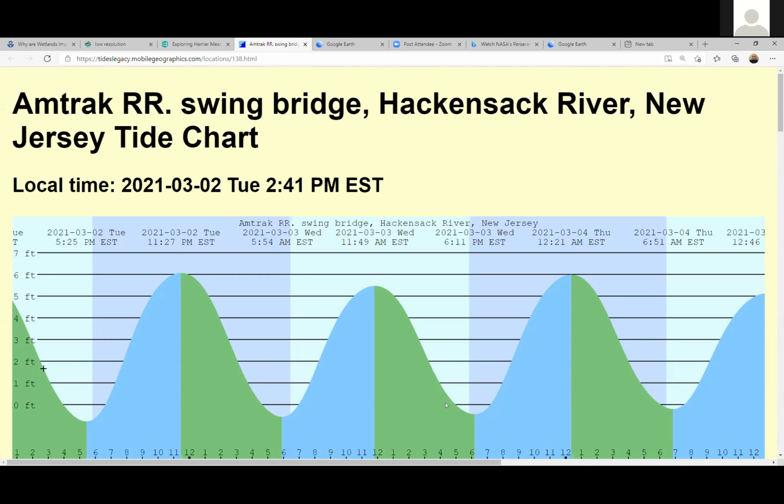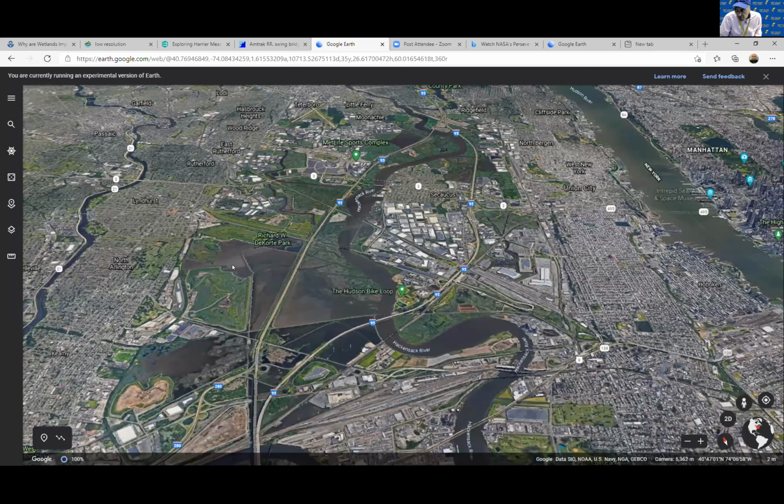Do you think that the change will be more, less, or about equal to this at Harrier Meadow? What do you think? So how far is Harrier Meadow? So we measured it, right? How far was it from this gauging station, this Amtrak station bridge, to this gauging station? How far is it? We measured it with Google Earth, so we were looking at